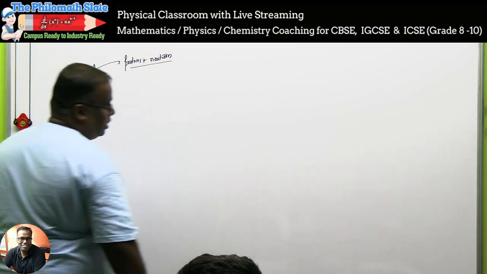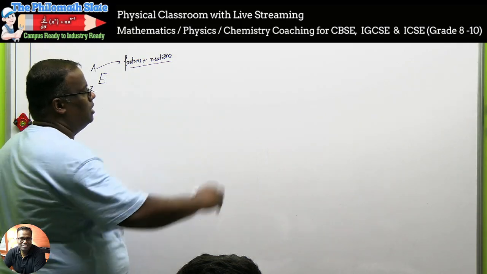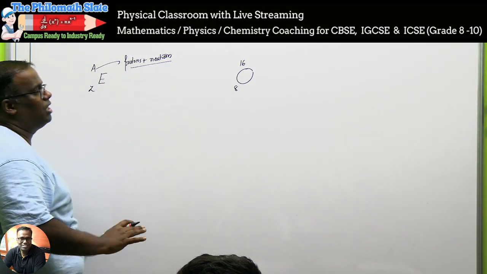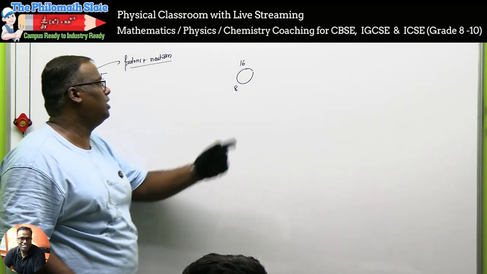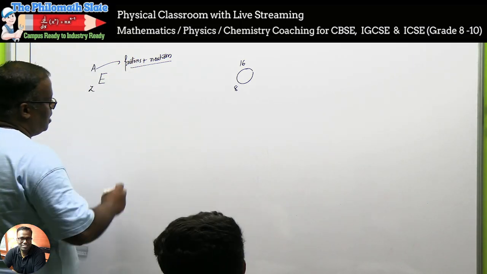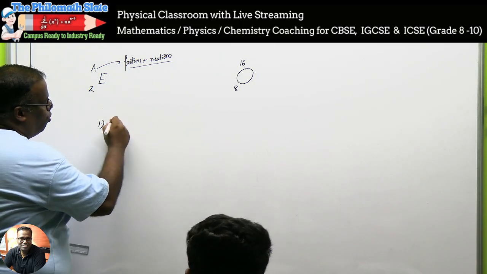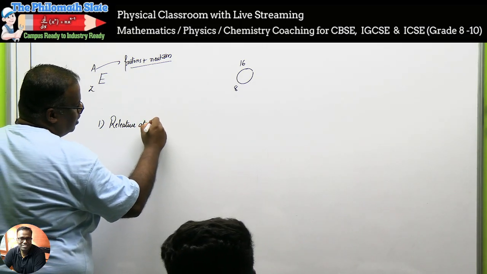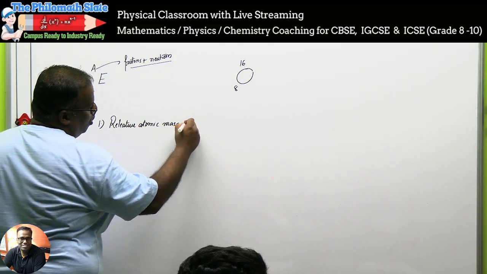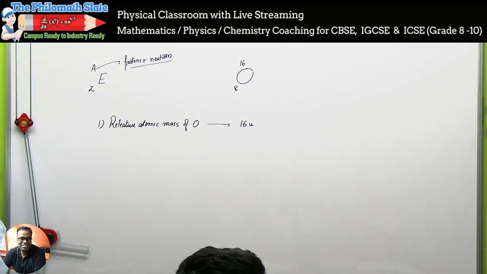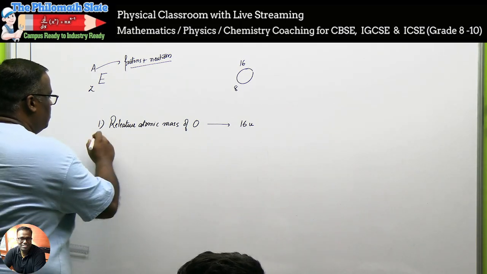Now, the best part of the discussion. Let's take one atom of oxygen, 8, 16. We're not taking the decimal one; the decimal we'll address later. Why does the decimal come? We are taking 8 and 16. Now see, what does it tell me? Number one, what is the relative atomic mass of oxygen? We say 16 U. Clear? You have read this so far, 16 U. Understood? Number two,